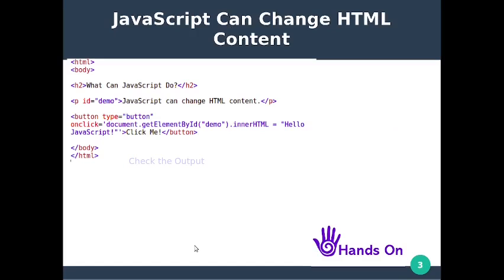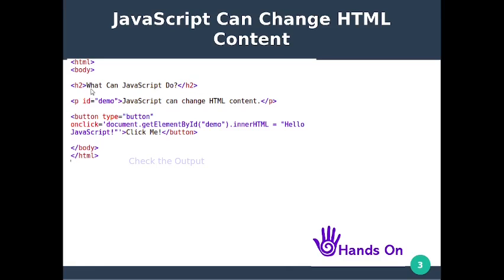What is HTML content? Any content or text that is placed in between an element or a tag, we can consider as the content of that particular tag or element. Here we have h2 and the closing of h2.